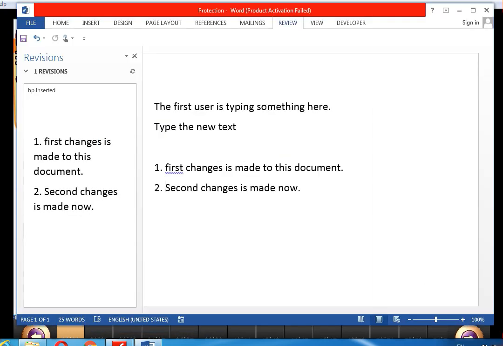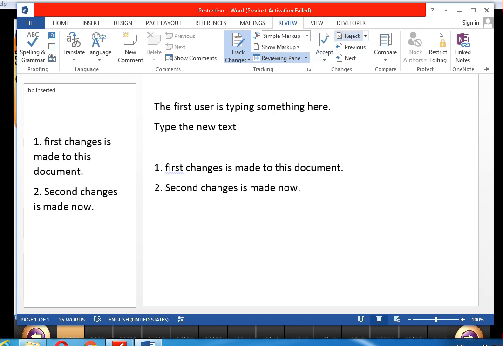See, review, here previous, this is the previous change or next change.